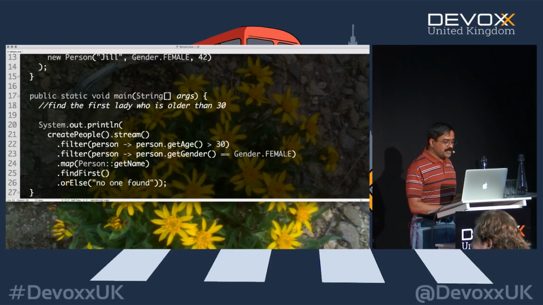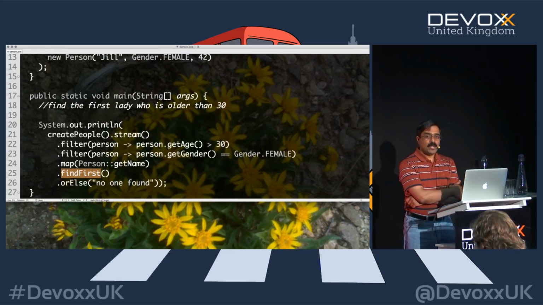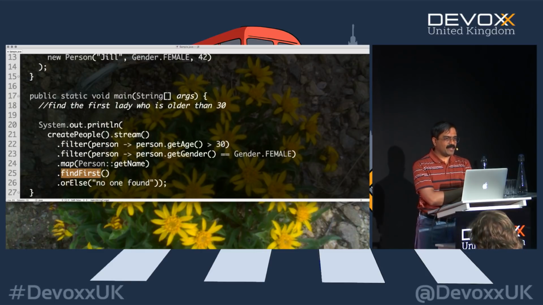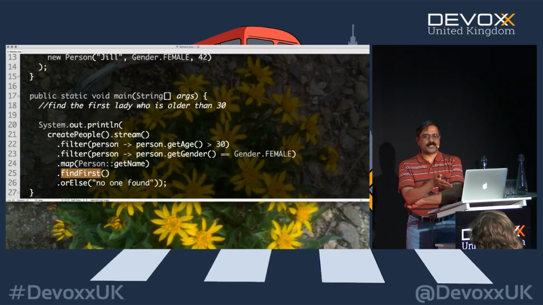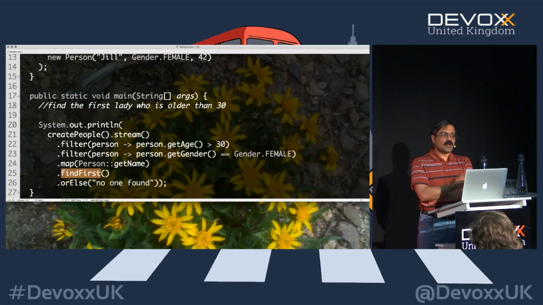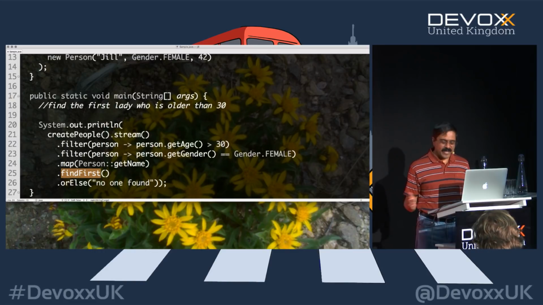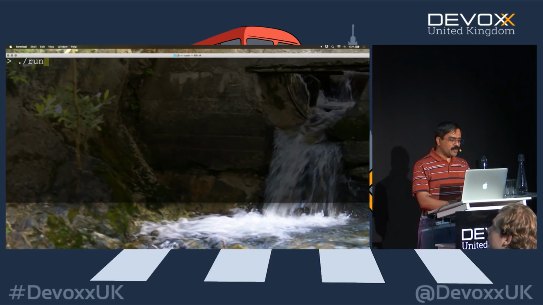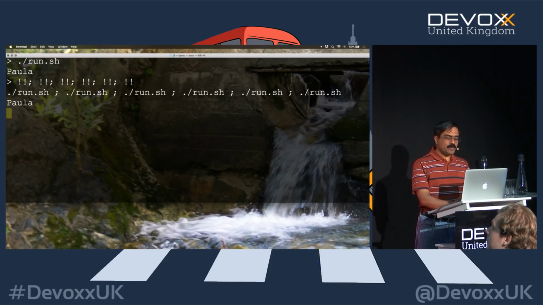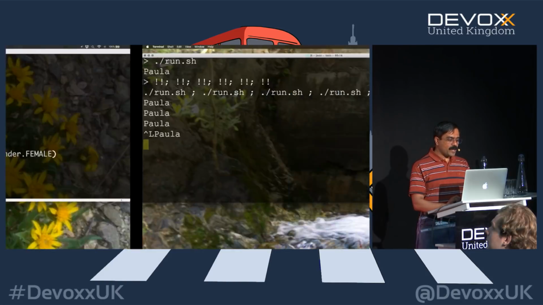Now, notice the function we are calling is findFirst. What does the word find first actually mean? There is an implicit ordering in there, isn't it? The word first means ordered. So you don't have a find first unordered. It doesn't make any sense. This is what I was talking about in the beginning. There are some functions that are implicitly ordered. So in this case, when I run the code, you can see it says Paula. Of course, I'm running sequentially, but it doesn't matter how many times I run, it's going to be exactly the same result over and over and over.